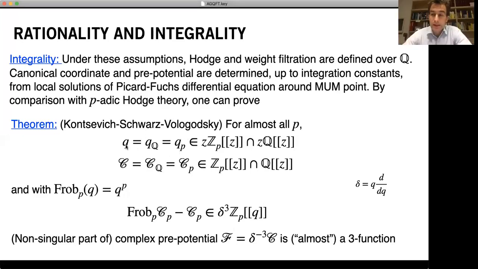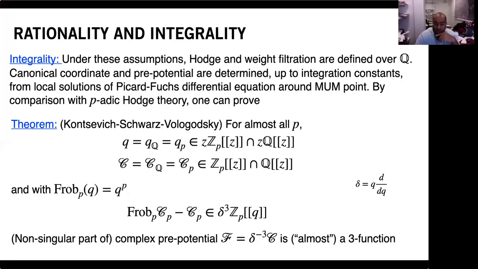So q is this extension class in the ordinary Hodge theory, and then q_Q is the extension class in the rational theory, which doesn't know about the integral structure. It's a very similar thing, except you don't know about the integral structure. But you still have the Hodge filtration, and the key is the weight filtration, because it allows you to